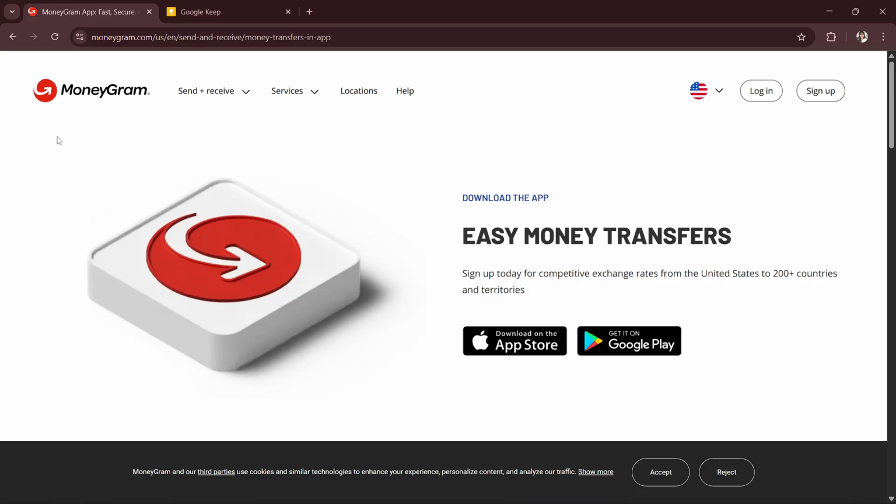So first, you will have to download the app, whether you're using your mobile phone or your laptop or whatever device that you are using, before proceeding to the next steps. So yeah, open the MoneyGram app and you will just have to sign in or create an account if you